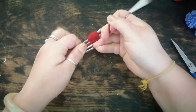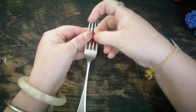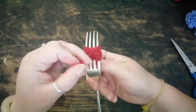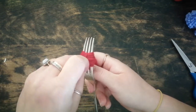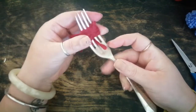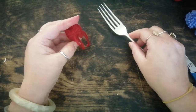And you're going to want to pull as tight as you can, and then do another knot. So it's a double knot. Now if you want to, you can go round and tie it again, so thread this back through again like so, flip it over and then tie another knot if you feel your first knot isn't very secure, but I think mine's okay. So once you've got that stage, you literally slide it off the fork,